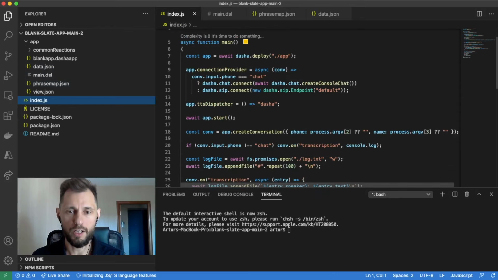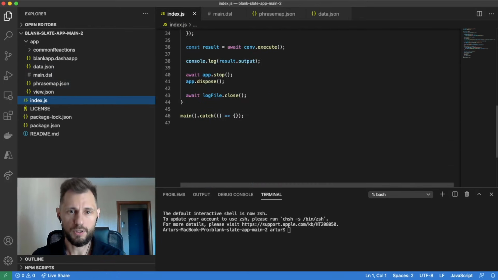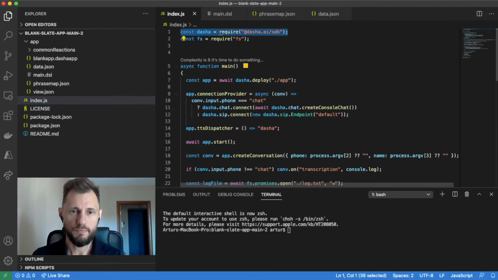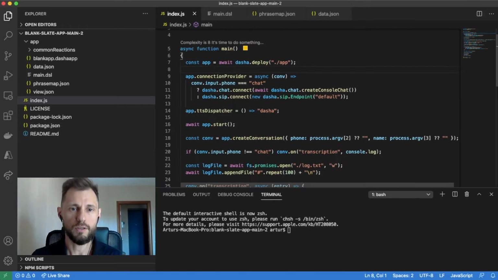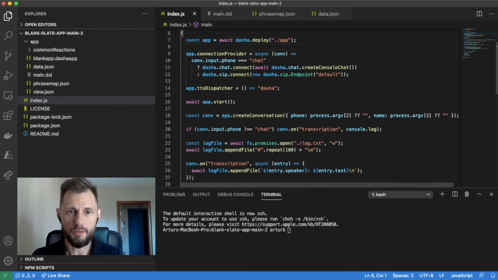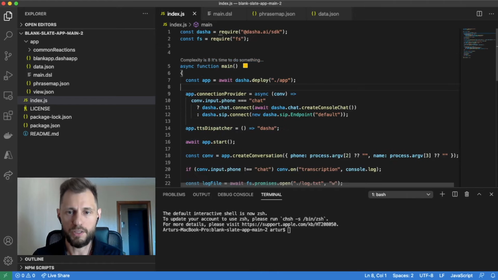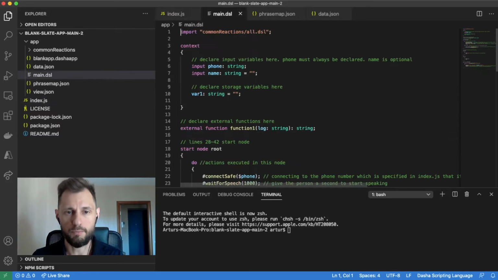So let's start with index.js. This is the JavaScript file which gets executed and which lets you basically load the Dasha SDK into your application, and the SDK connects your Dasha application to the Dasha Cloud platform to execute the conversation. So this is where we load up the app, the Dasha app, and we will be referring back to this file because we will be building some additional functions in it, what we call external functions, functions that get called upon from the body of main.dsl